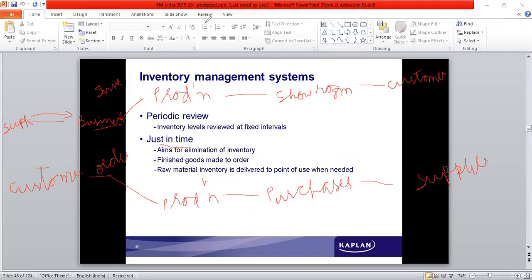If at all the supplier doesn't supply, yes ma'am, then stock out, and they would not be able to complete their order. It looks very attractive that they don't have to store any inventory. They are cutting down on their cost. That part is fine, attractive, but even if he is reliable, what if he fails? If he fails, then the order will not be completed. That affects their reputation, that affects the demand for the future as well, because customers, once they don't trust the business, will find another alternative.